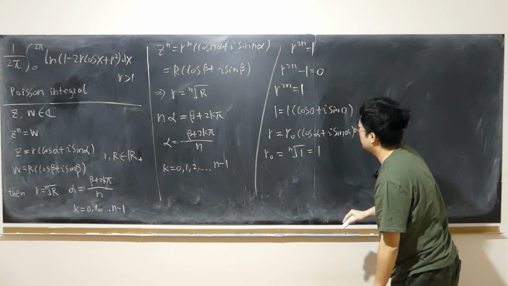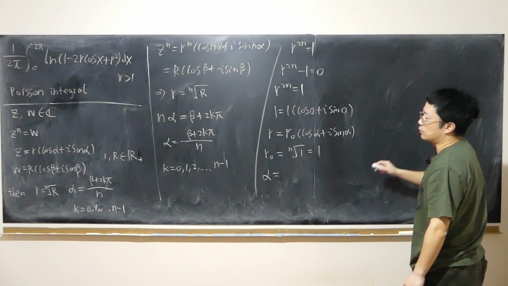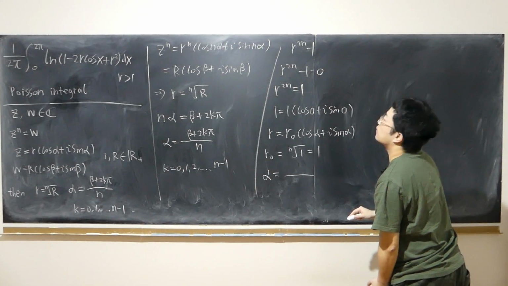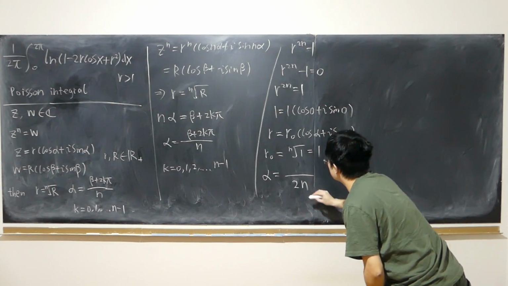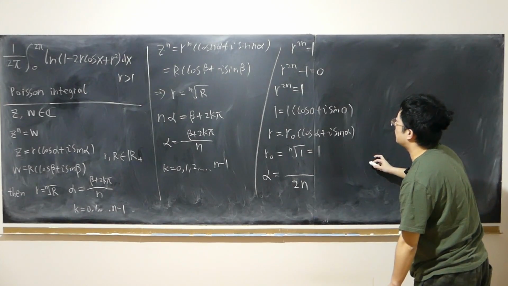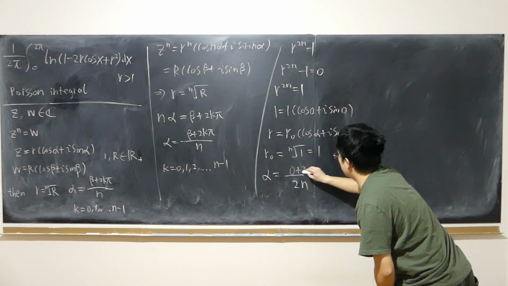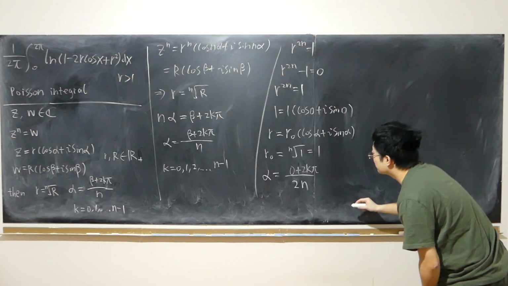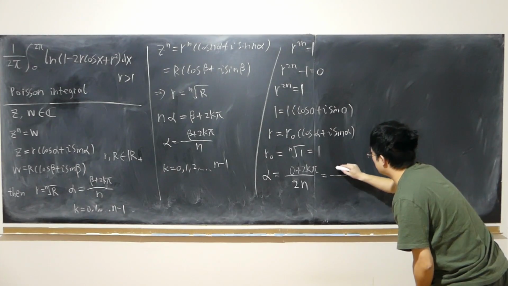That's 1. And also alpha, the angle, is equal to, here I have 2n, there I had n, so this time I should have 2n. And beta plus 2k pi, this time beta is 0, so 0 plus 2k pi, so that's equal to k pi over n,